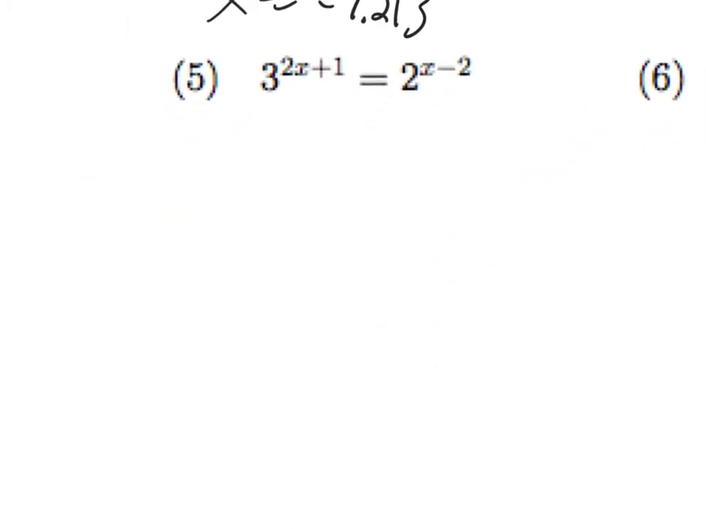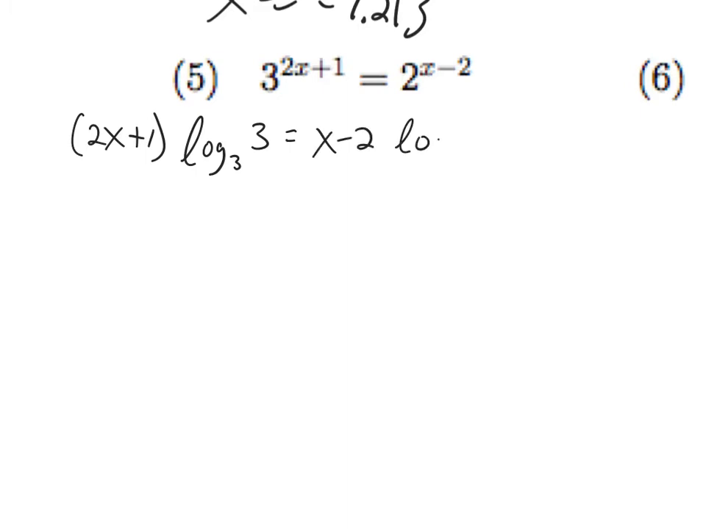Here we go. We can either take the log base 3 of both sides or the log base 2 of both sides. Let's see. So let's take the log base 3 of both sides. And I can move my 2x plus 1 up front. Log base 3 of 3 equals, and we have our x minus 2 up front, log base 3 of 2. This is canceled now. 2x plus 1 equals